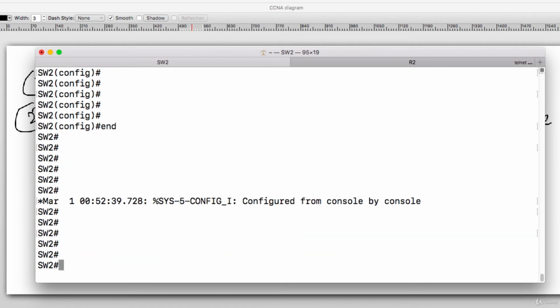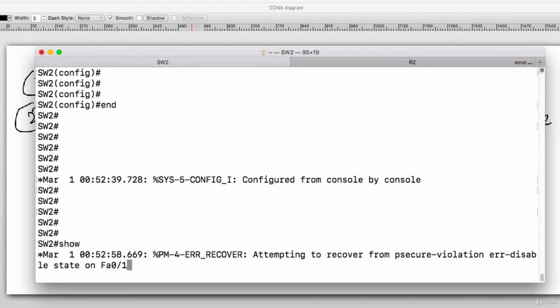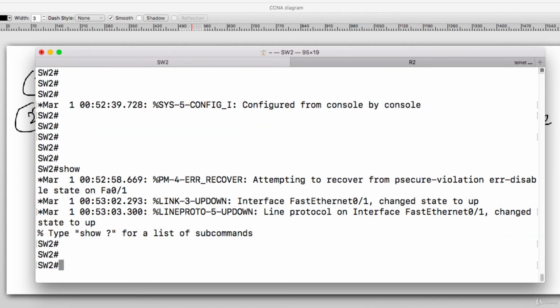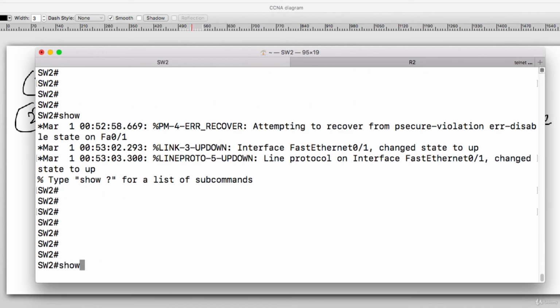So you will see it will attempt to bring up the device. See, it is saying it is attempting to recover. It has recovered it. It has brought it up. Again it will go down. Okay, so this is a very aggressive mode. What you can do, you can try to make it